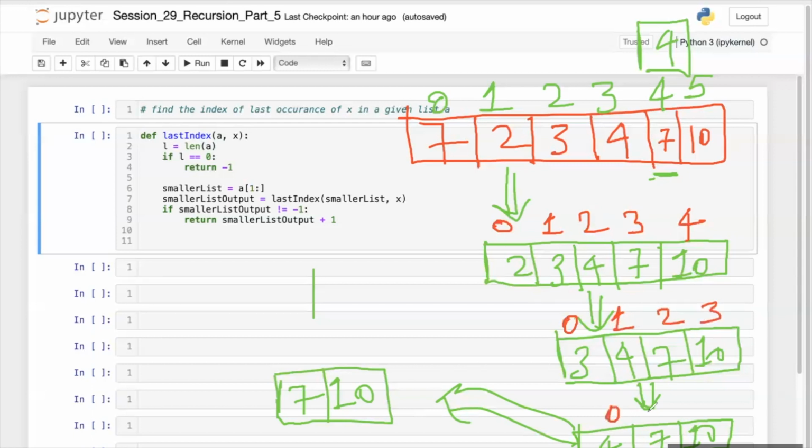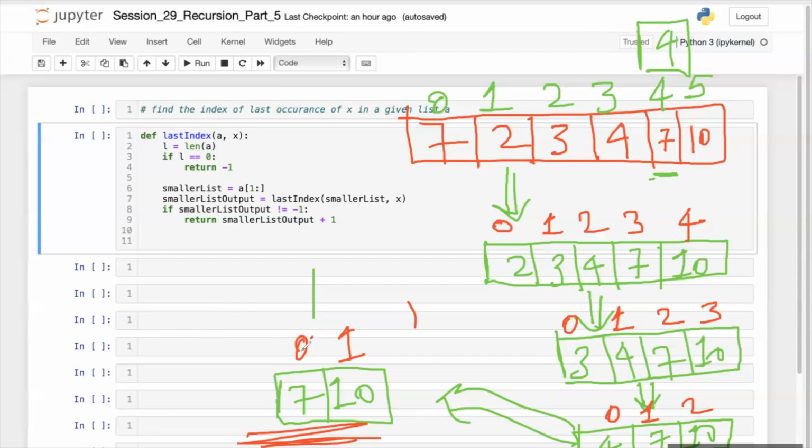Are you agree? Yes. So at this point in this smaller list, I get 7 at which index? 0 index. So it should return 0, but this is not correct